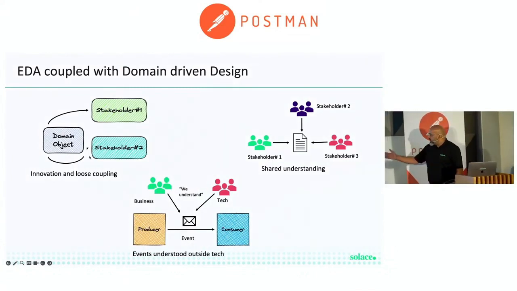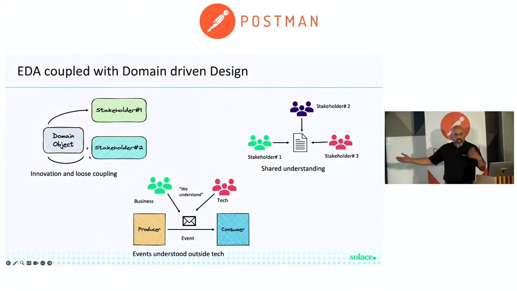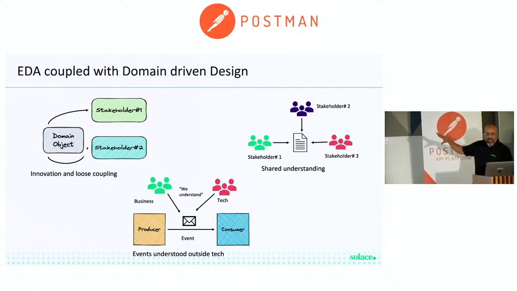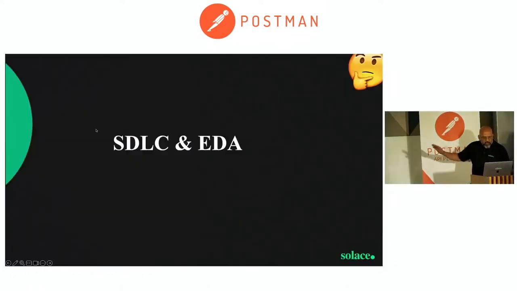Last but not least, we are talking about EDA. At the end of the day, somebody is going to produce events, somebody is going to consume events. The event flows through the broker, and the broker rules can also be tagged as metadata in an event, right? So this is EDA emulating or benefiting from the domain-driven design concepts. So these are all good. What am I talking about here? This is setting the stage.